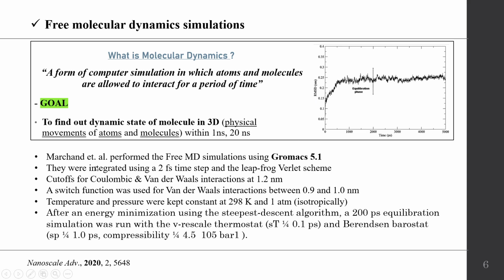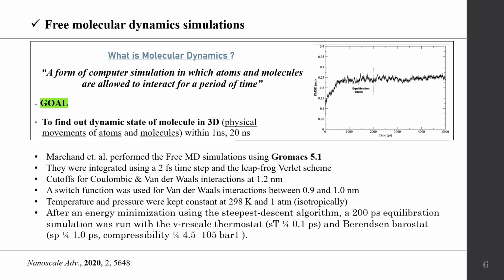Merchant et al. performed free molecular dynamic simulations using GROMACS 5.1. They were integrated using a 2 femtosecond time step and the leapfrog Verlet scheme. Cutoffs of Coulombic and van der Waals interactions at 1.2 nanometer were taken. Then a switch function was used for van der Waals interaction between 0.9 and 1 nanometer. On the other side, temperature and pressure were kept constant at 290 Kelvin and 1 atm isotropically. After an energy minimization using the steepest descent algorithm,